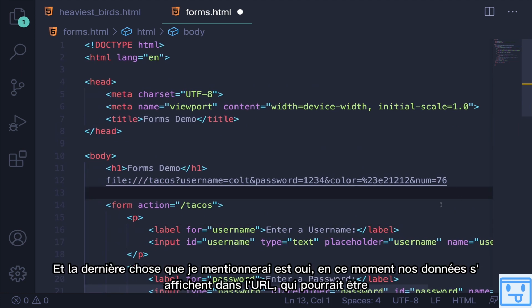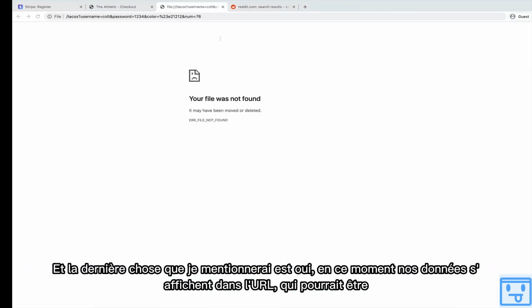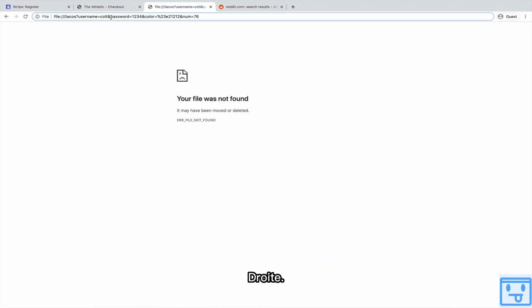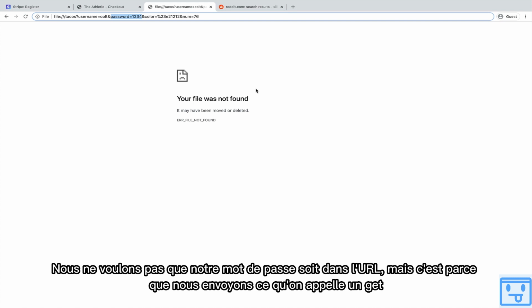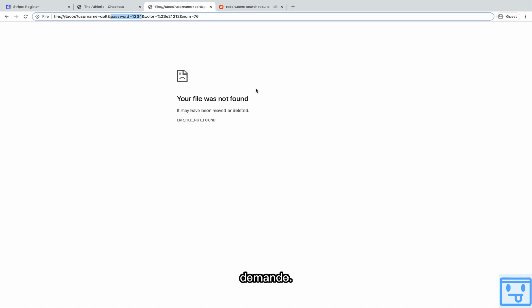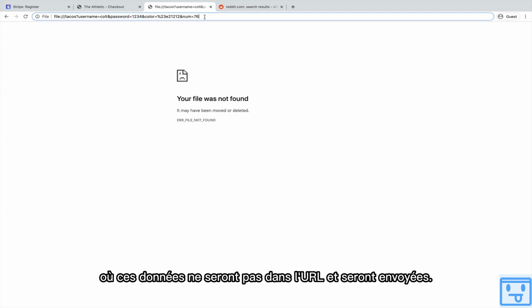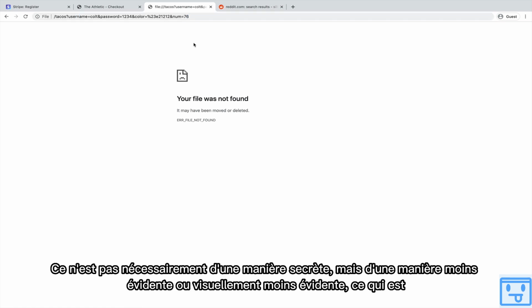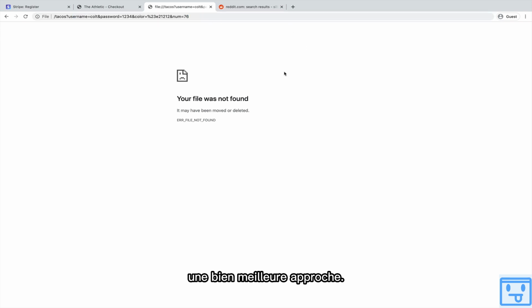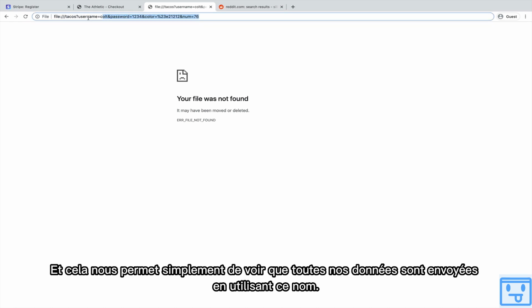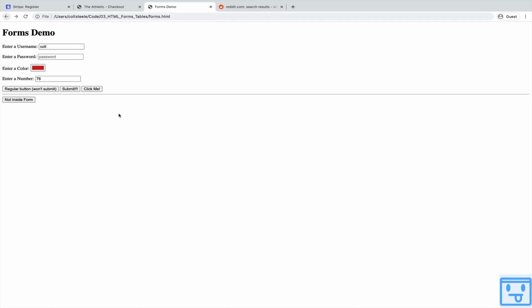And the last thing I'll mention is, yes, right now our data is showing up in the URL, which could be problematic, right? We don't want our password to be in the URL. But that's because we're sending what's known as a GET request, and later on we'll see that there's different types of HTTP requests, including a POST request, where that data will not be in the URL, and it will be sent, it's not necessarily in a secret way, but in a less visually obvious way, which is a much better approach. So for now, we're not dealing with that, and this just allows us to see all of our data is sent using that name. Okay,